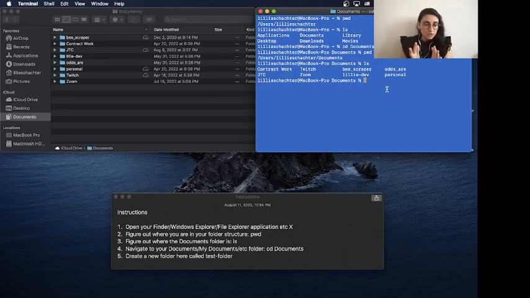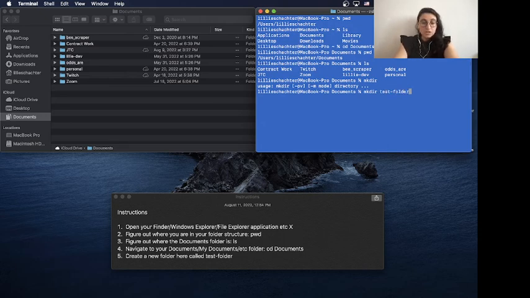So now we are here, we have made it, and we can create a new folder here called test folder. And again, this is just another command that we need to know in order to use it. To make a new directory, it's mkdir for make directory, and this one works like cd. We can't just say make an untitled directory, and in fact, if we try, the computer didn't break, nothing bad happened, but it just said that's not how you use mkdir. You need to give us a little more information, try again. So mkdir, and I'm going to give it the name of the folder that I want to create, called test-folder,